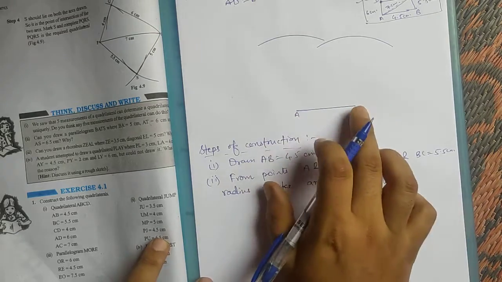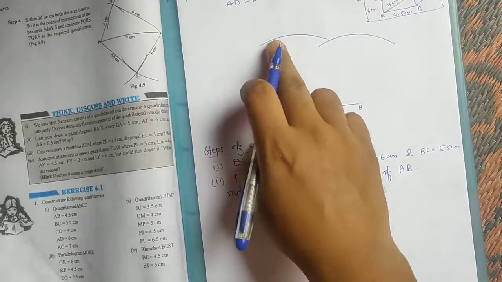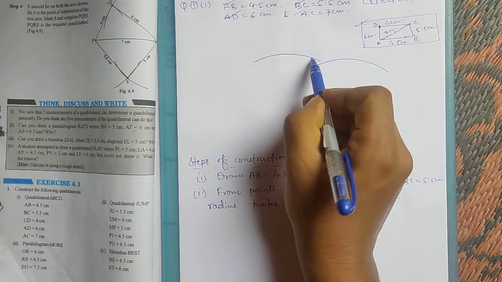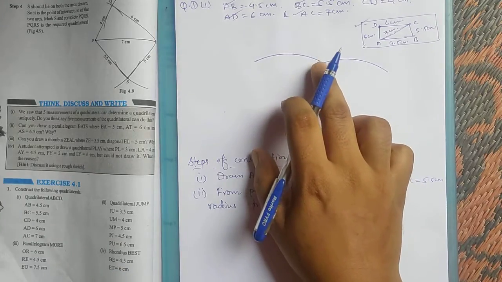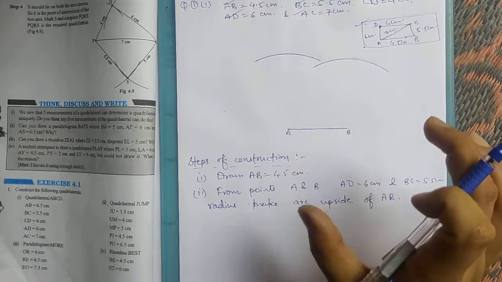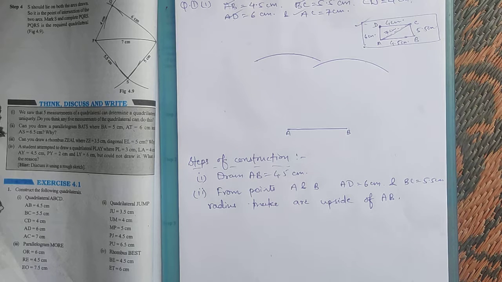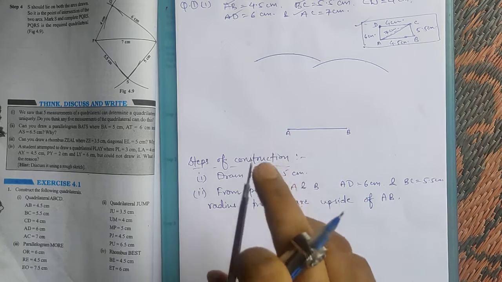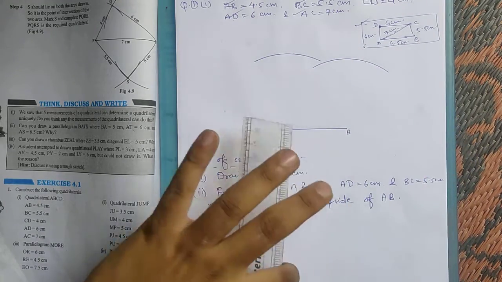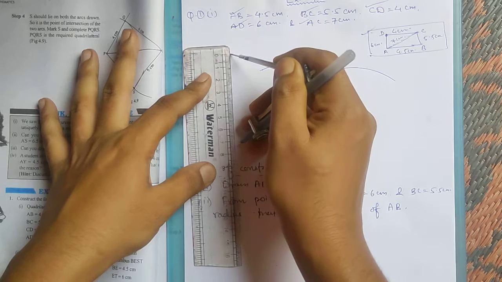We have drawn two arcs from these two points, but is it complete? We can see that there is no point C and D yet. Maybe C is there, but we do not know where C is. There is also D, but where D is we can't say now. So we need one more thing. From point A, we have AC equal to 7 centimeter, that means the diagonal of the quadrilateral. So I am taking an arc of 7 centimeter.